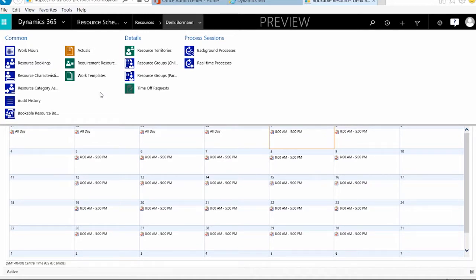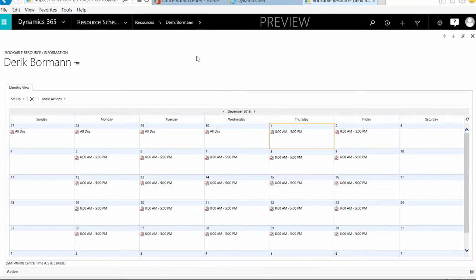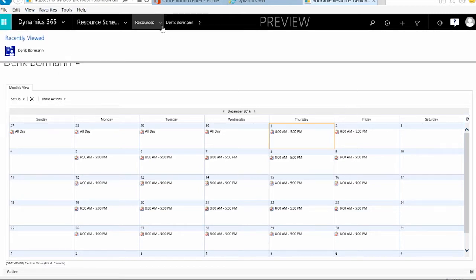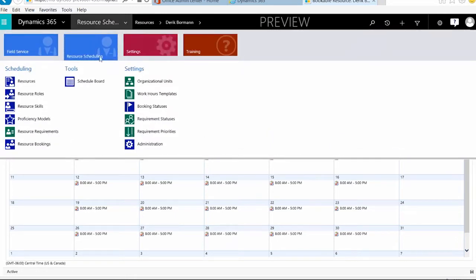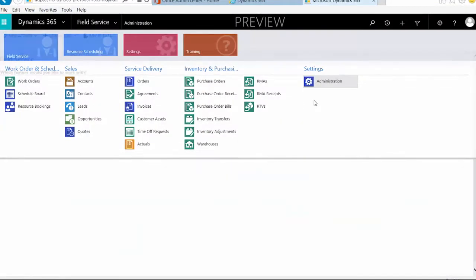But this is also where we can start to see the individualized booking options that are available for me as we're going through. So this needs to be done for each individualized resource that you might be using as you're working forward and building and designing the application. Now, the final piece to this from a resources perspective, if I go back into field service and administration,